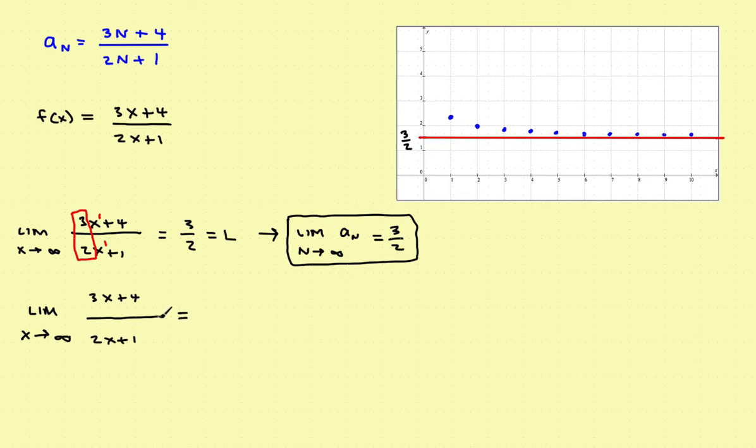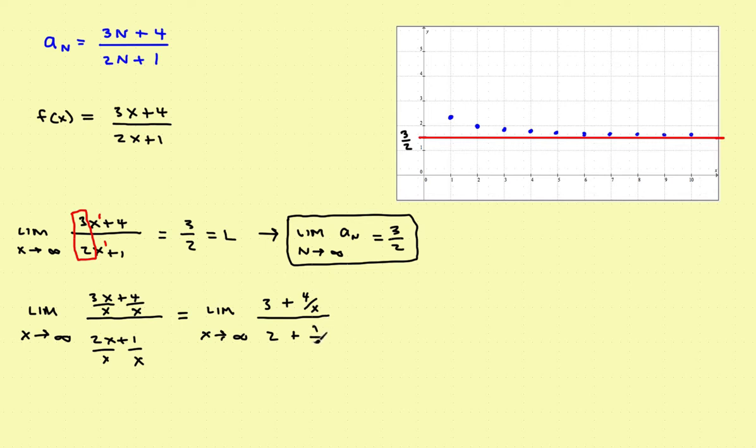Now remember, this is just a review of limits, but you can always divide through by the highest power in the denominator, which would be x. So I'll divide by x, and divide each term by x. And then what that gives me is the limit as x approaches infinity. And here the x's would cancel out and leave me a 3. Then I'd have 4 over x divided by, here the x's would cancel out and leave me a 2 plus